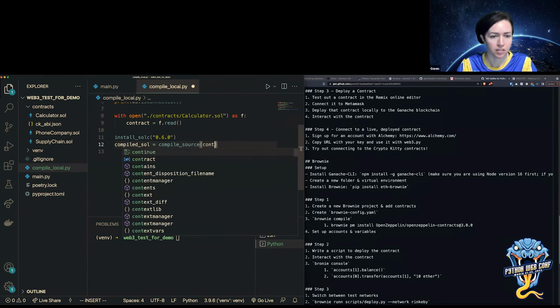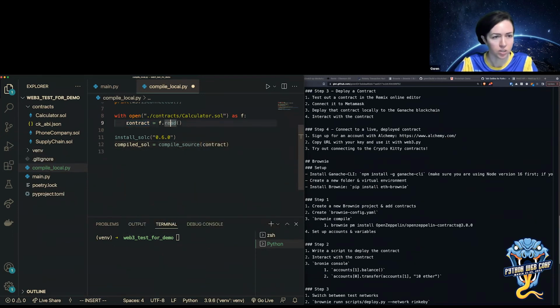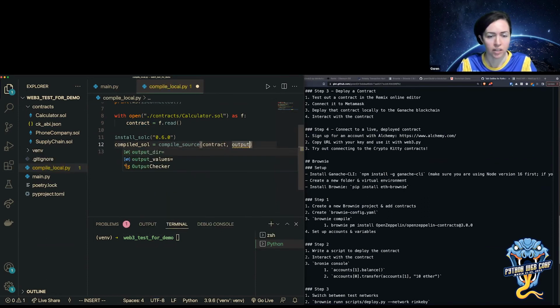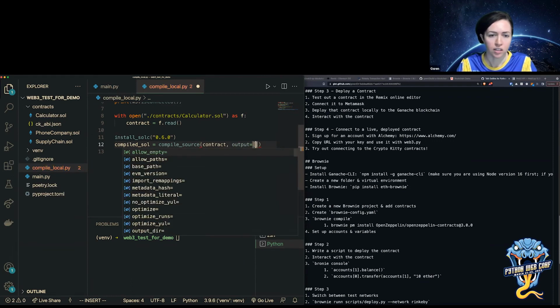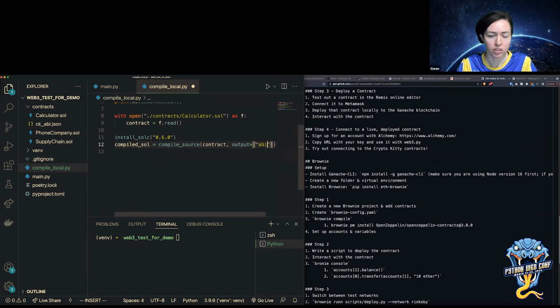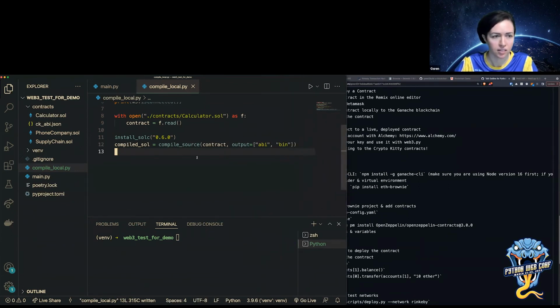So I need my contract, which is the uncompiled contract. And then I need to tell it what values I want to output. And just like on the web, it gave me the ABI and also the bytecode. So that's the same thing that I want right now. And then I can get the compiled contract.